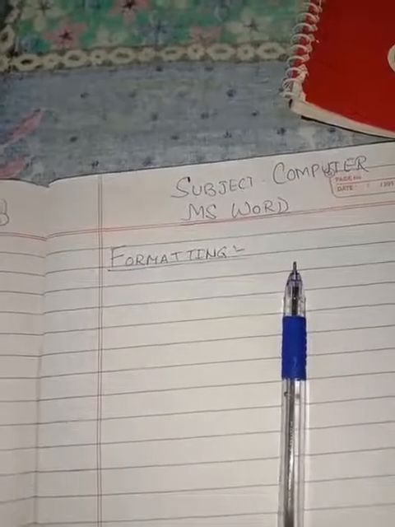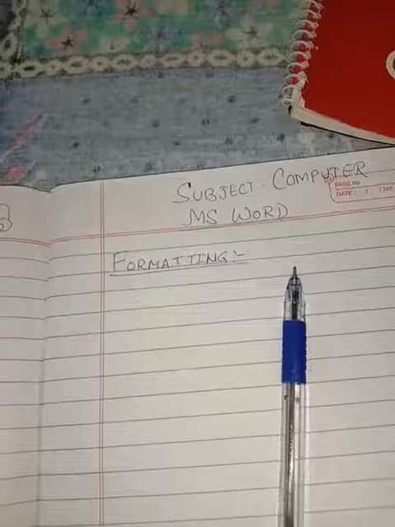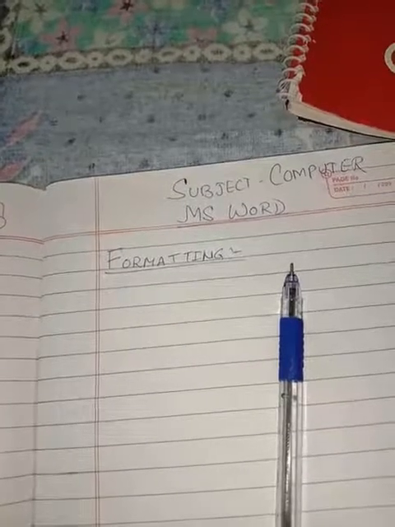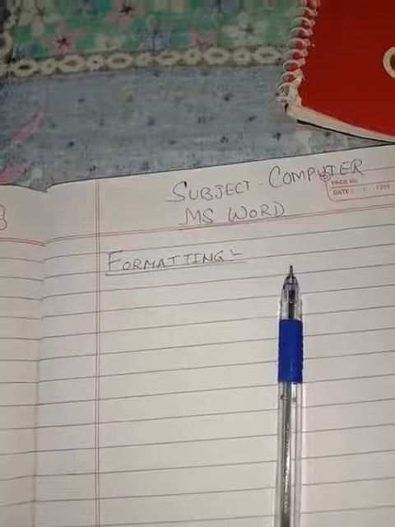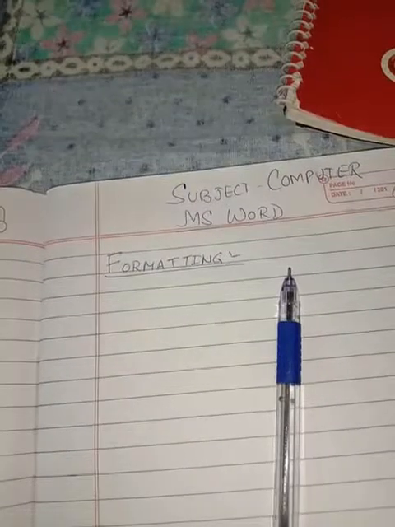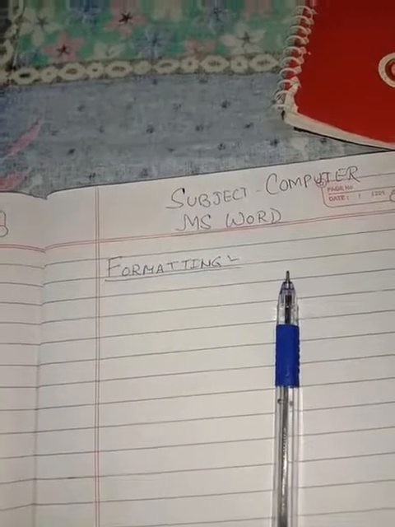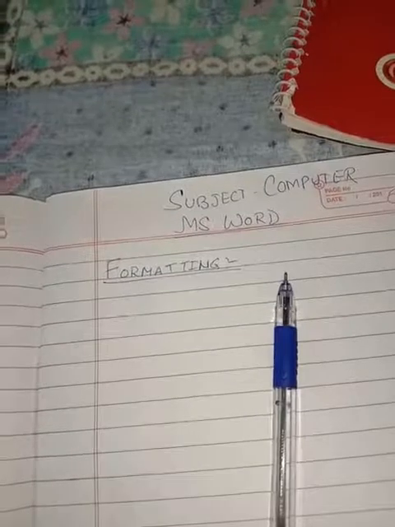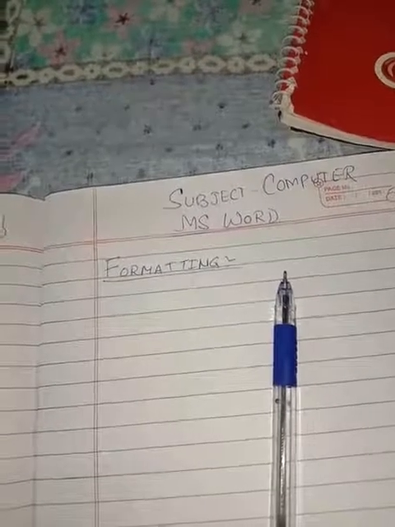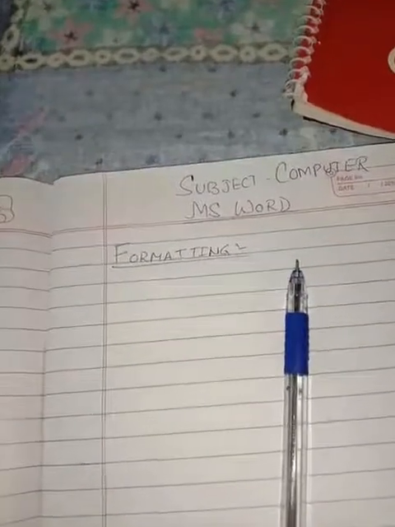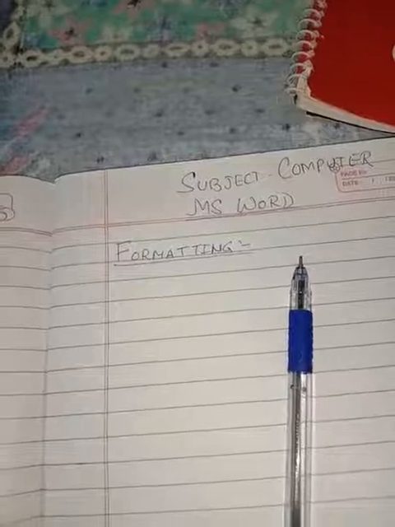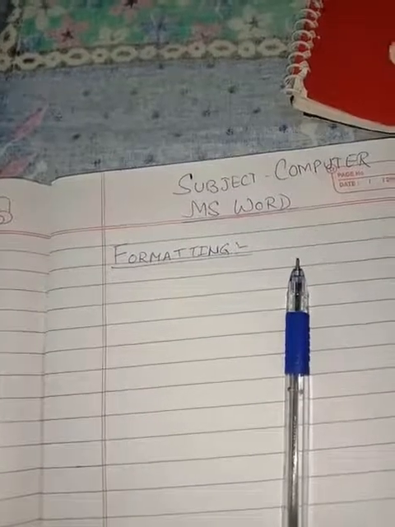Next, we have discussed word wrapping. What is word wrapping? With the help of MS Word, the last word of the current line is automatically wrapped around to the next line when the cursor reaches the right margin. So every time we reach the right margin, we don't have to press the Enter key. The cursor automatically comes down to the next line. This is word wrapping.